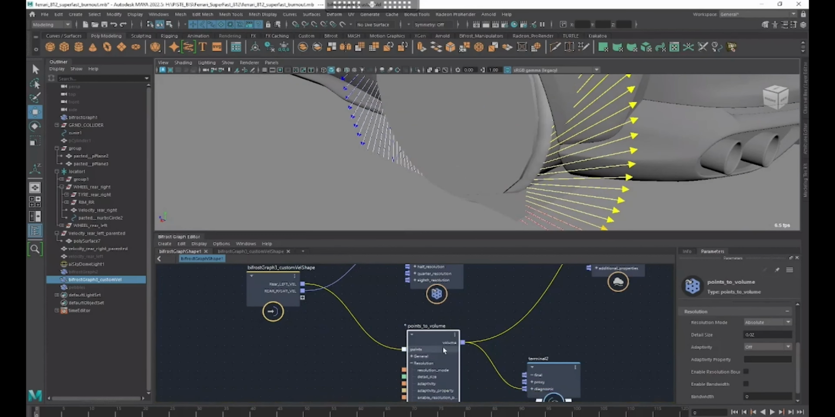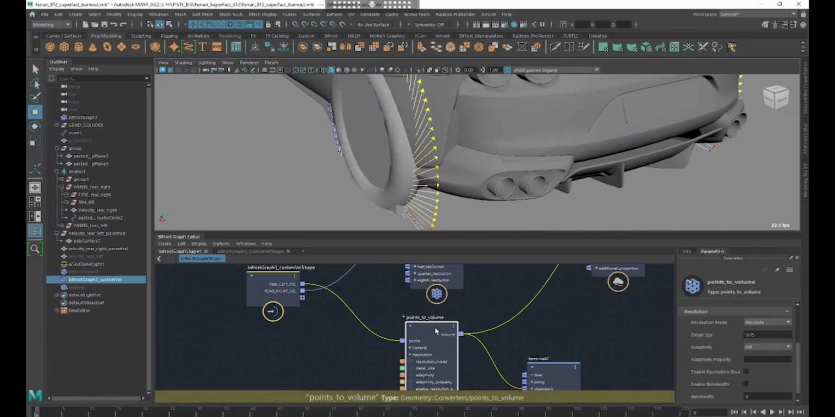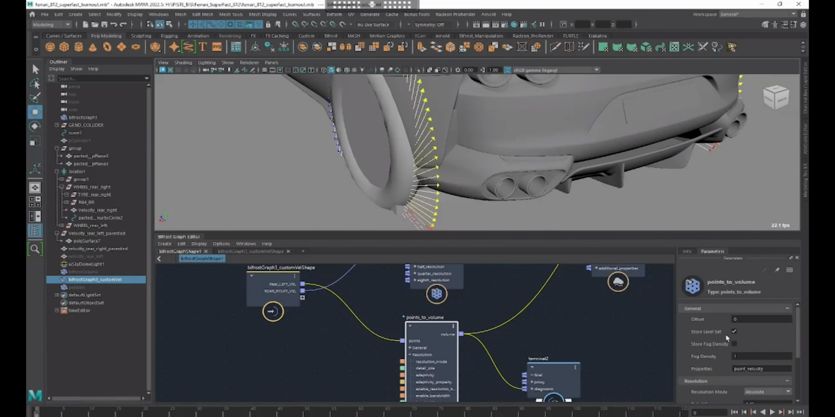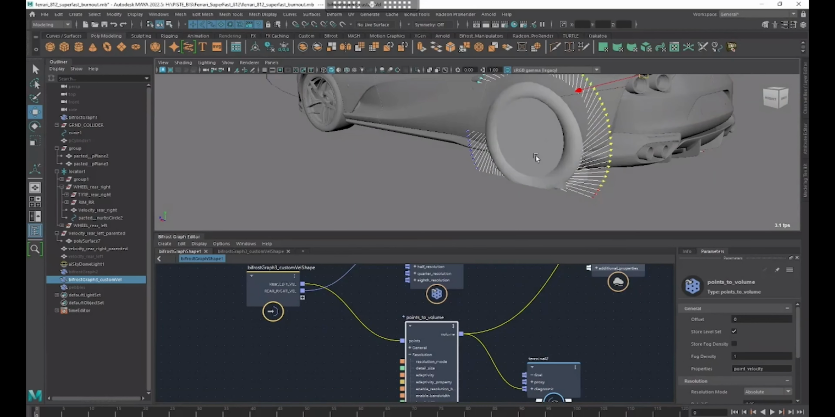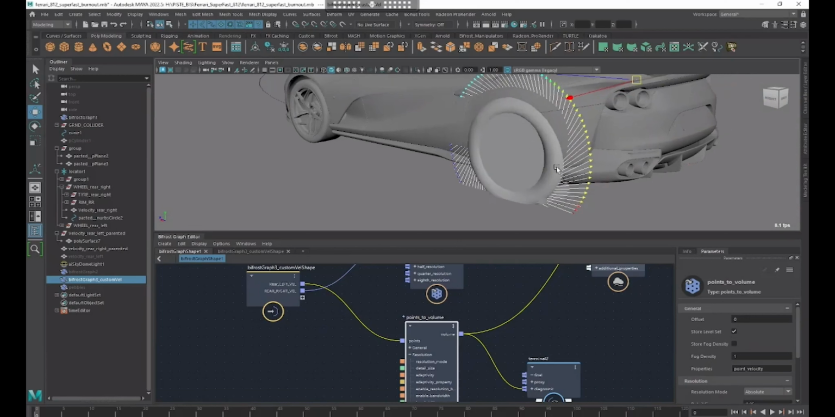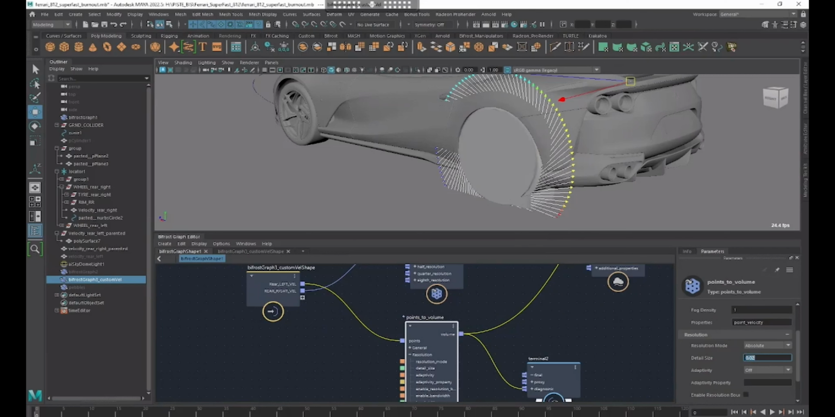Okay, as you can see here, there is a points to volume level set created for each point, and because there are many points here, it becomes something like an object, a cylinder, a torus. So this is okay. I prefer in this simulation to go to 0.2, but